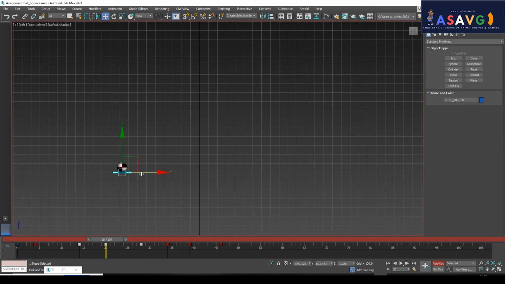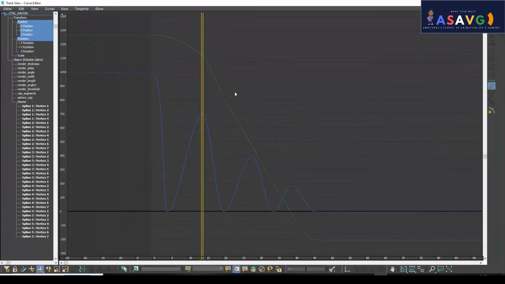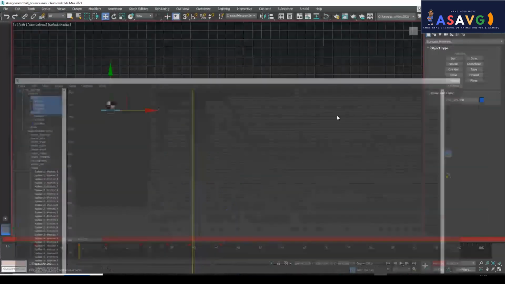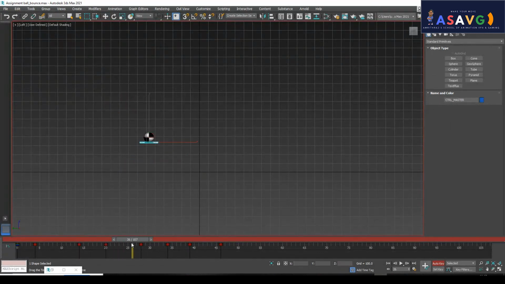I should be removing this, and there is some problem. I will remove it with the graph editor. So I will be selecting the graph and deleting it. Down. Now I will be moving this, now the keyframe should be like this, a little bit more, and in between I will be making a little bit of a jump like this.